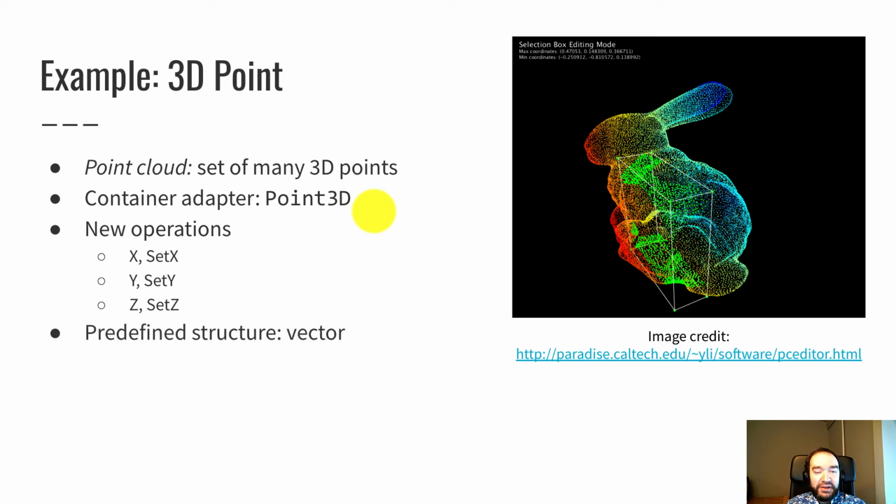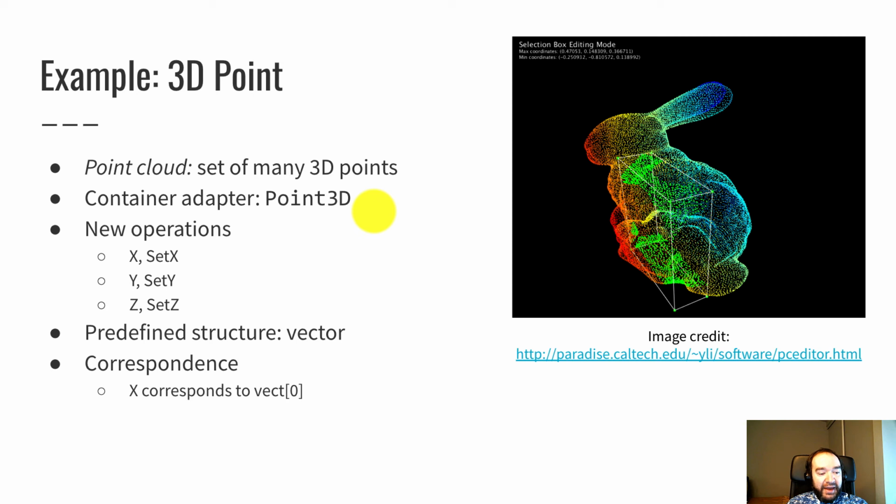And I'm going to use the predefined data structure of a vector to implement these. Again, there's other ways of doing it, but that's how we're doing it right now as an example. So in order to design my Point3D class, this is the new adapter, I need to work out the correspondence between the 6 operations that I need to create, x, set x, y, set y, z, set z, and the vector operations that are already defined. Vector has operations like get the size, set an element by index, get an element by index, resize, stuff like that. So here's how we're going to do it.